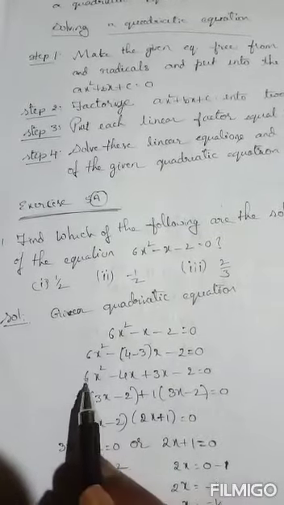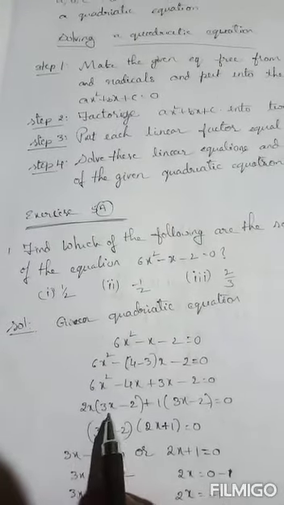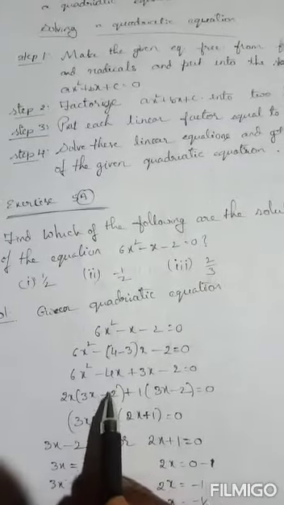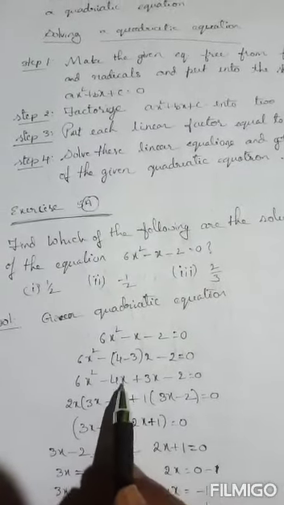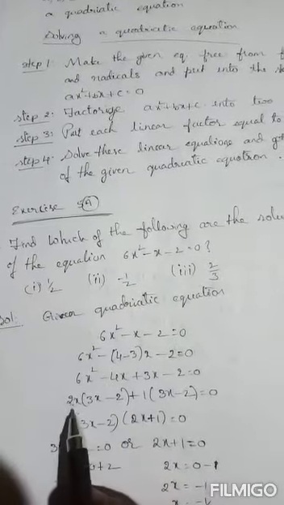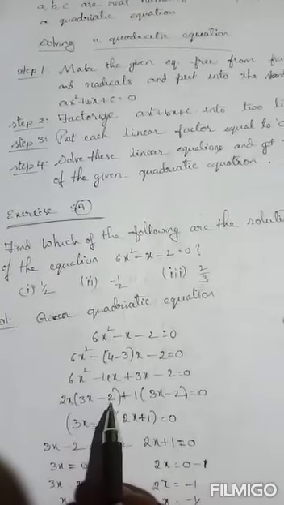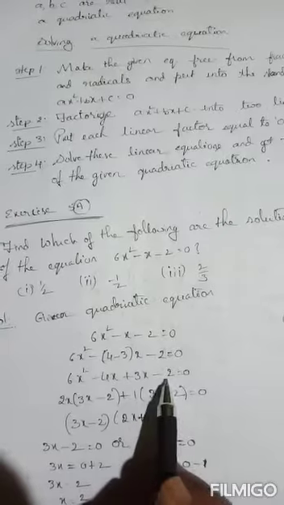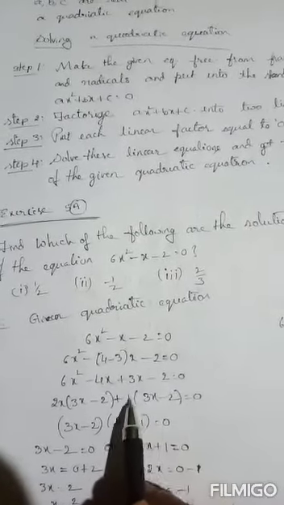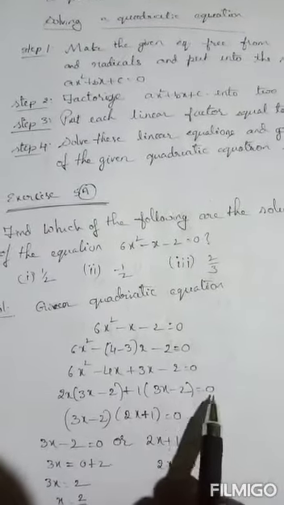If you take 2x out, 6x² becomes 2x times 3x, so 3x remains inside. From 4x, taking out 2x leaves 2 inside. So 6x² − 4x becomes 2x(3x − 2). From the last 2 terms, 3x − 2, there is no common factor, so take 1 as the common factor: 1(3x − 2) = 0.